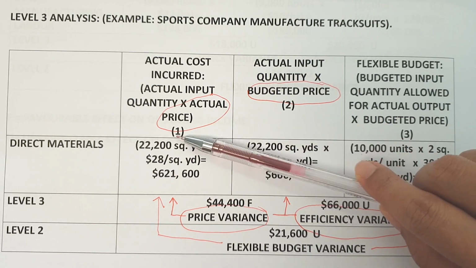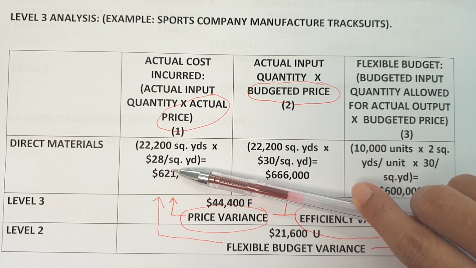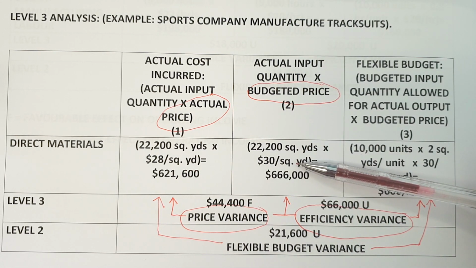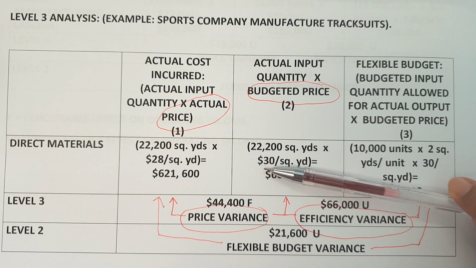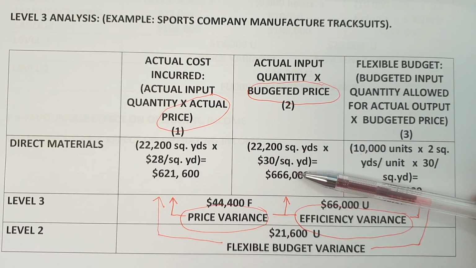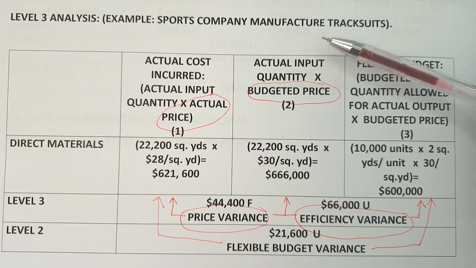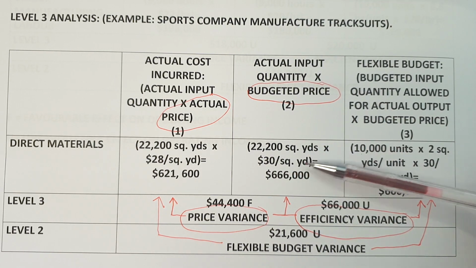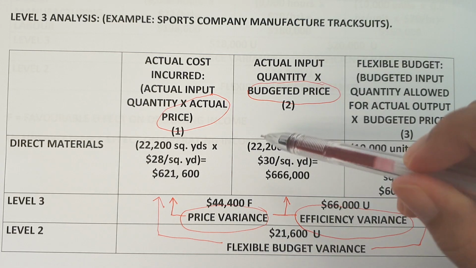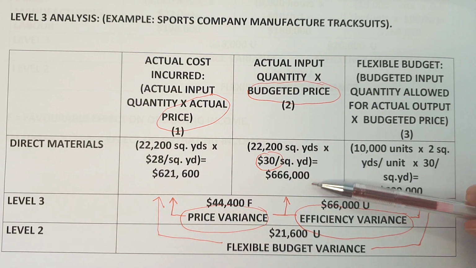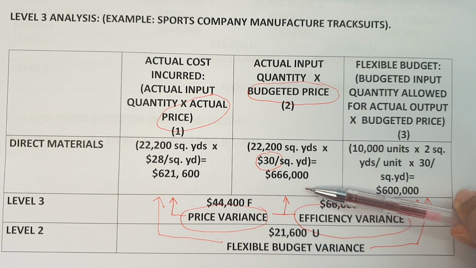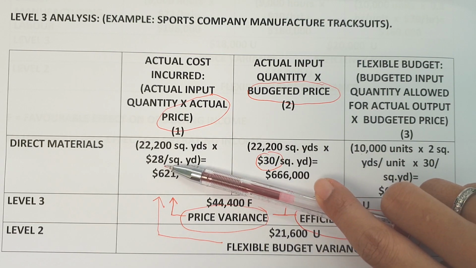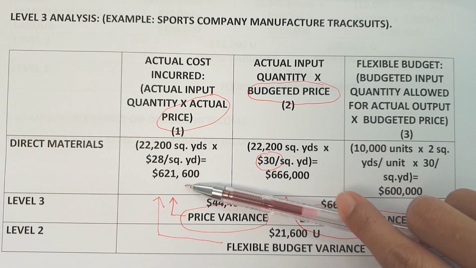And let's say the actual price is 28 ringgit per square yard. And the budgeted price that they originally planned is 30 ringgit per square yard. So in this case, this is just an example. Once they want to produce the track shirt, the actual input quantity that they use is 22,200 square yards times the budgeted price, that is 30 ringgit per square yard, so that they can get this figure 666,000. As for this one, the actual price is actually just 28 ringgit per square yard, so the total is